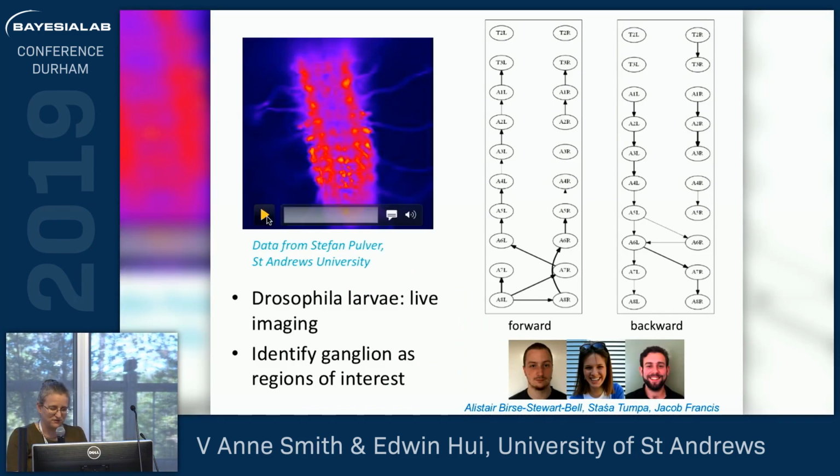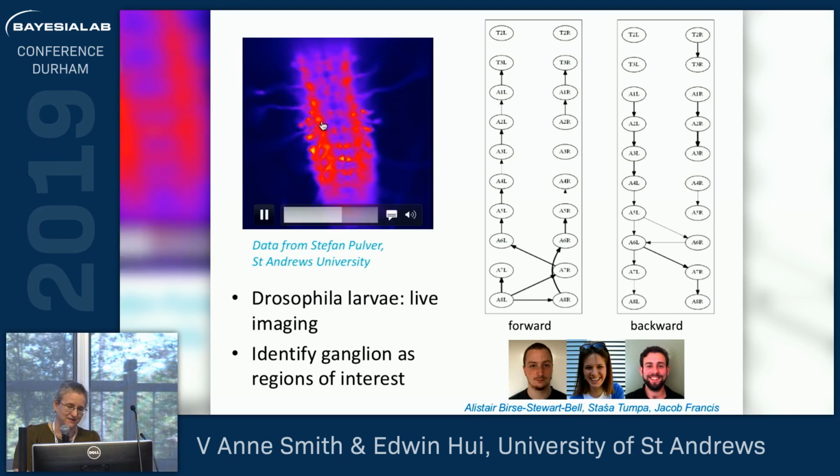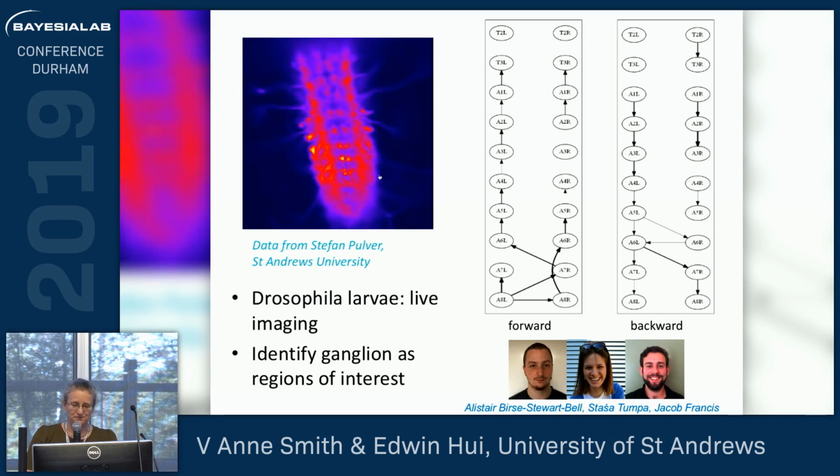And the last bit here is just kind of our current work. This is the type of data that we're starting to use now, which is imaging data. This is a dissected neural cord of a Drosophila larvae, and it's exhibiting fictive motion. And the brighter things are when neurons are firing. So we're measuring the neurons with light. This is called a calcium signal. And I've got some undergraduates who have worked on this and a PhD student, and we're working on identifying regions of interest here and figuring out where the neural information flow is going when these larvae are fictively crawling forward or backward, for example.